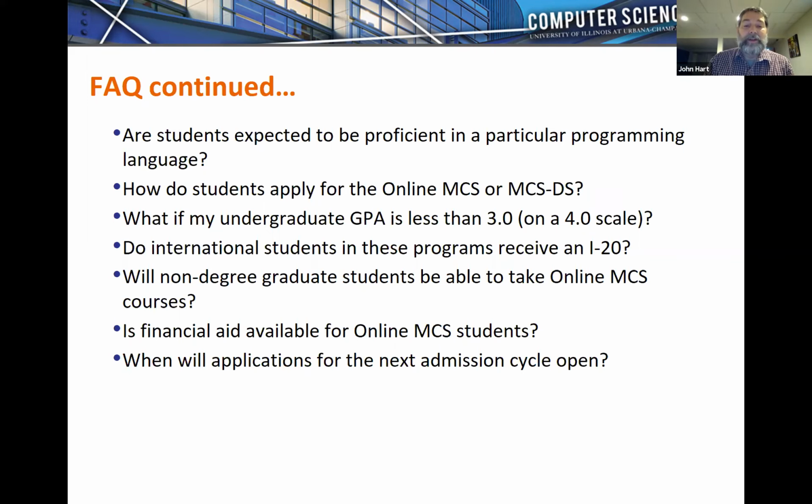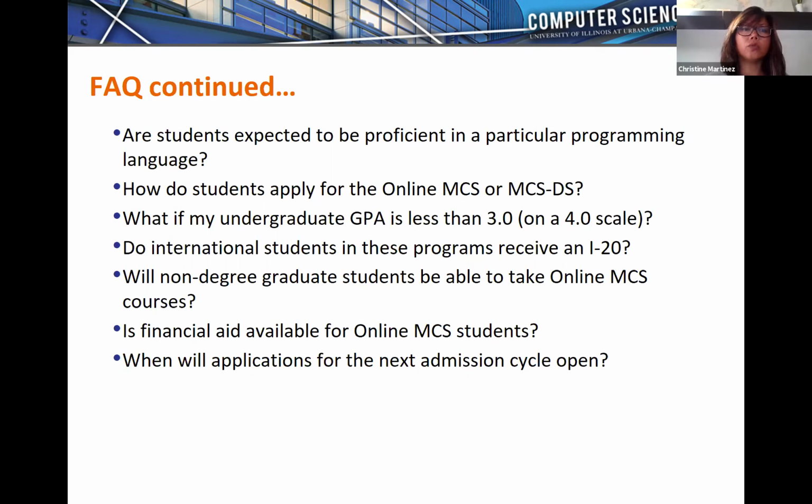The clearer you can make that, the more reliably our application evaluators are going to be able to find that course and check that prerequisite off. That's one of the most important things you can do in your application, is make sure that we understand that you've completed those prerequisites. Okay, perfect.